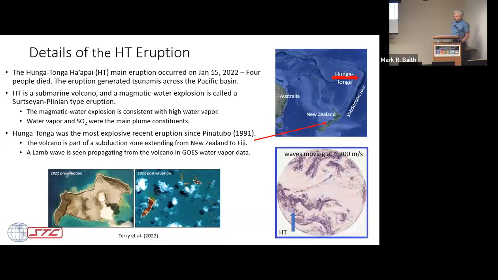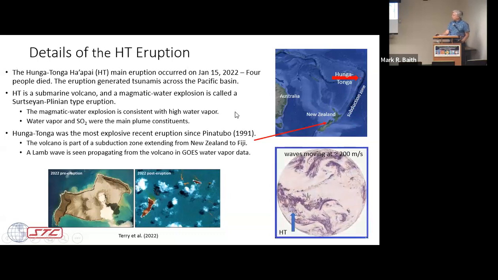It's part of the subduction zone, which is shown up here. There's a subduction zone here, and Hunga-Tonga's here. Fiji's underneath this thing here. American Samoa is up in here, but this is the Australian plate. And then this is the Pacific plate, and there's a subduction zone. New Zealand's North Island is also very volcanic and part of that structure.